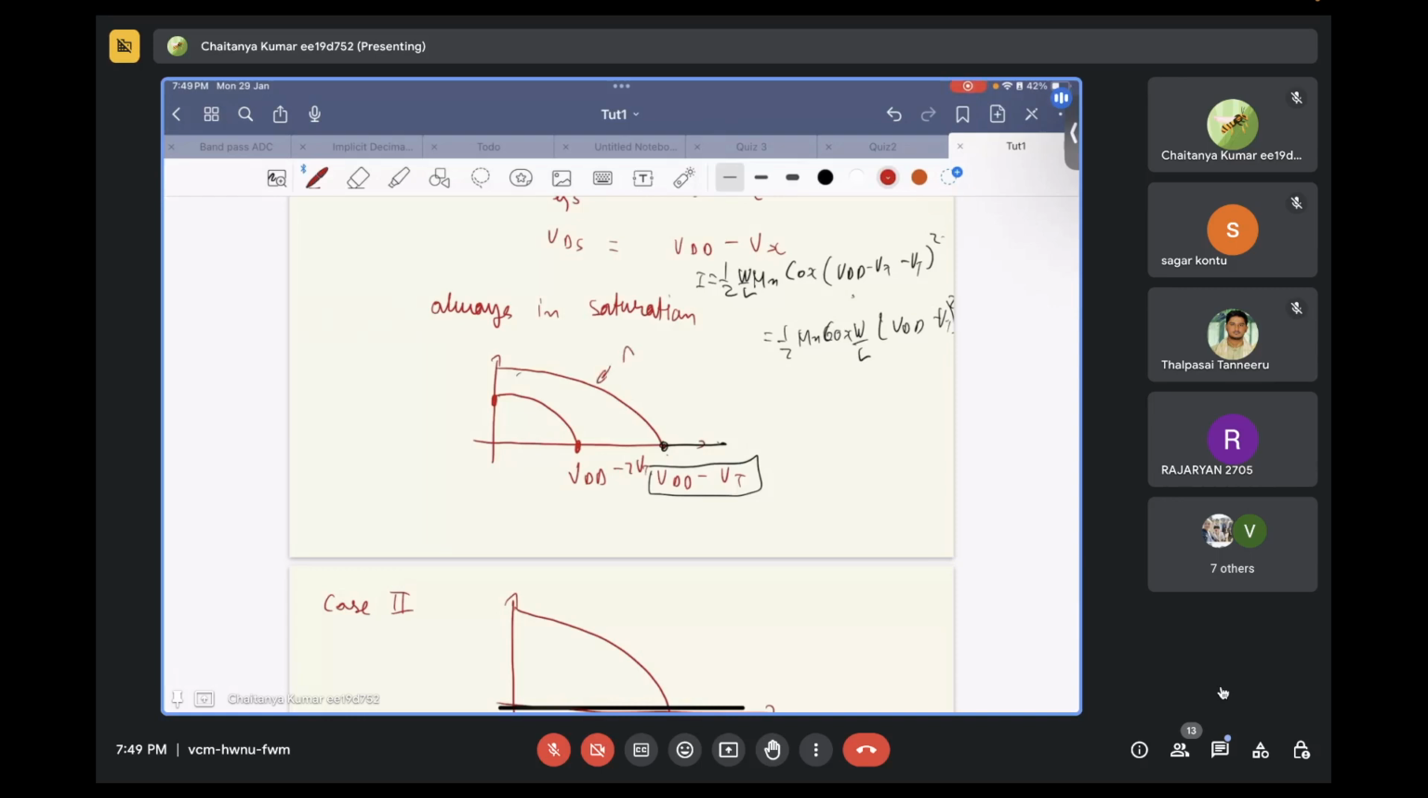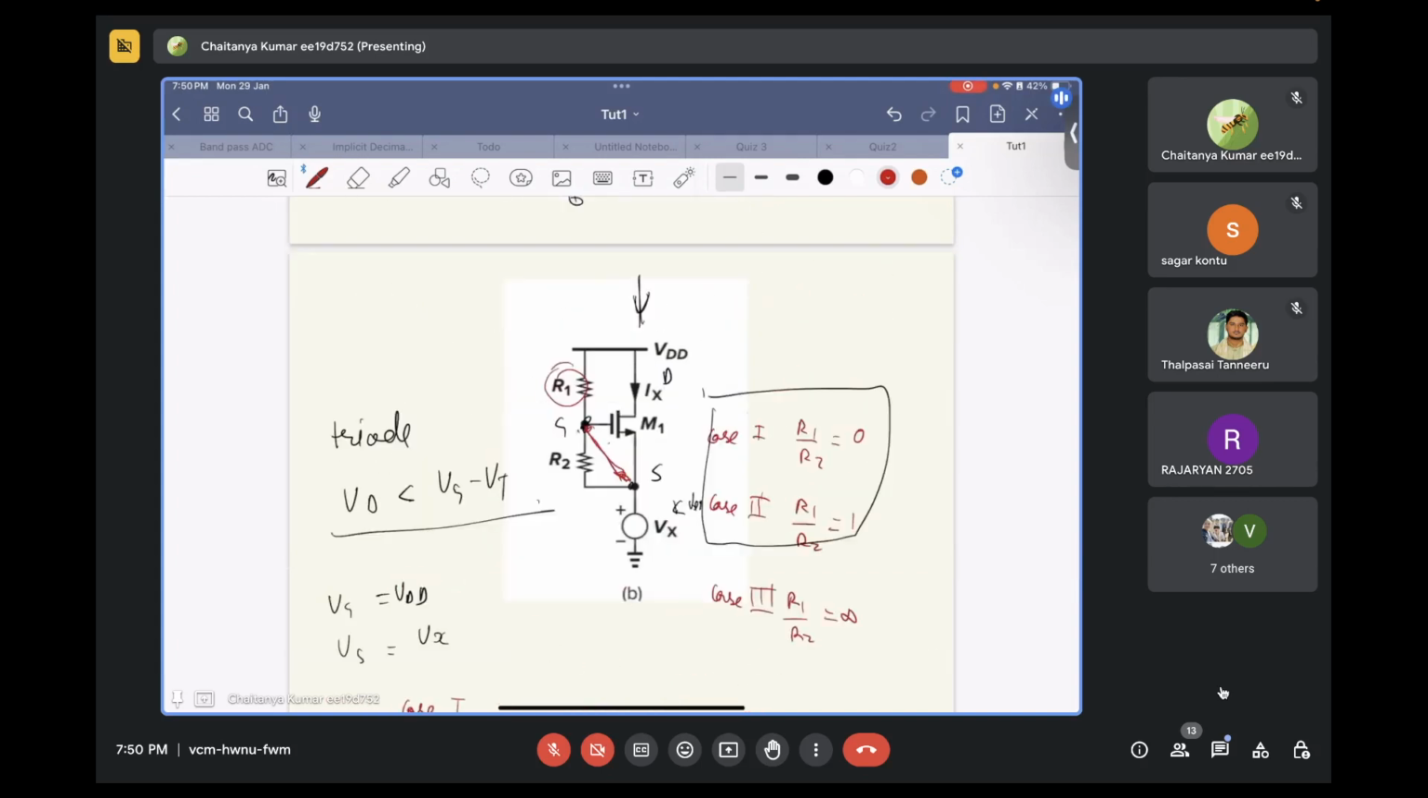So the current range you can see: this is when R1 is equal to 0. This is when R1 is equal to R2. And if R1 keeps on increasing from this, your current curve will become this. And eventually, if R1 is so high that all the voltage comes across this particular value,